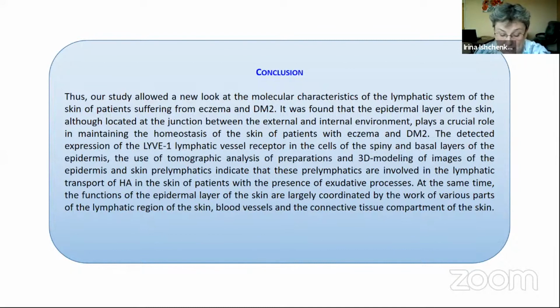The detected expression of the LYVE-1 lymphatic vessel receptor in the cells of the spiny and basal layers of the epidermis, the use of tomographic analysis of preparations and 3D modeling of images of the epidermis and skin prelymphatics indicate that these prelymphatics are involved in the lymphatic transport of hyaluronan in the skin of patients with the presence of oxidative processes. At the same time, the functions of the epidermal layer of the skin are largely coordinated by the